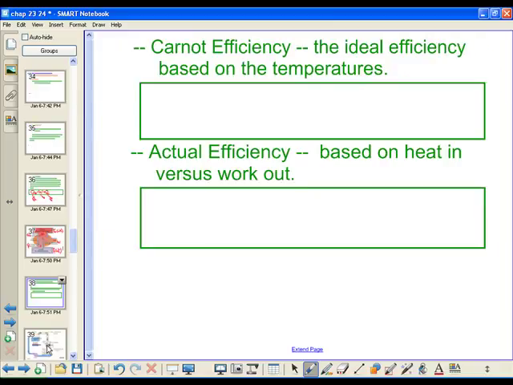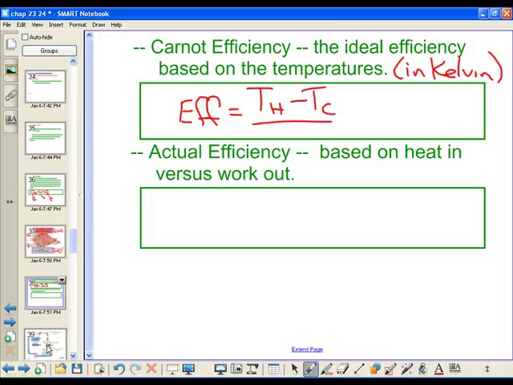So, the Carnot efficiency. Now, this is the ideal efficiency. It is based on temperature, and again, in Kelvin. You need to put those temperatures in Kelvin. Our efficiency here is equal to TH, that high temperature, minus the cold temperature, divided by the hot temperature. And we multiply by 100 to make it a percent. This is what it should do. In other words, when they're designing a steam engine and things like that,